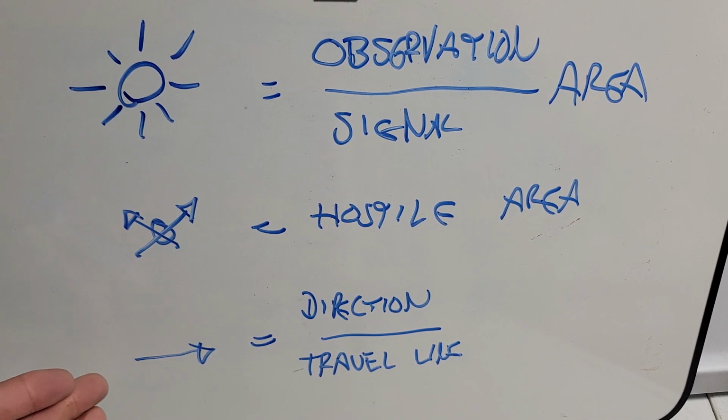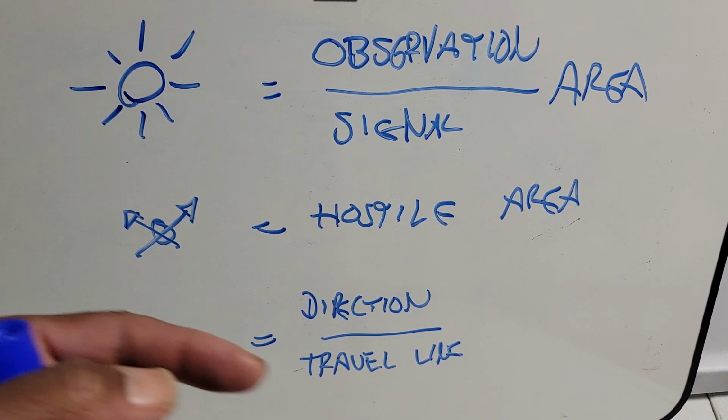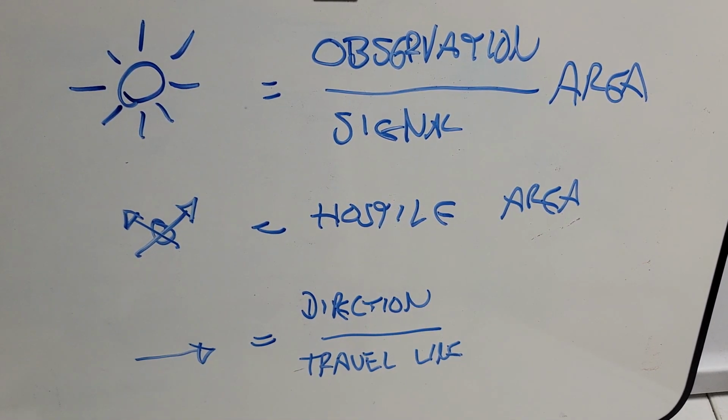And of course, the good old-fashioned directional arrow showing, taking a right or left when you're facing whatever the icon is, or that your line of travel is going in one particular direction. All right, so I'll give you a quick short example of a situation where you're using some of these icons